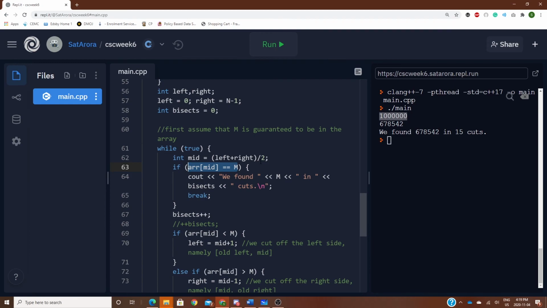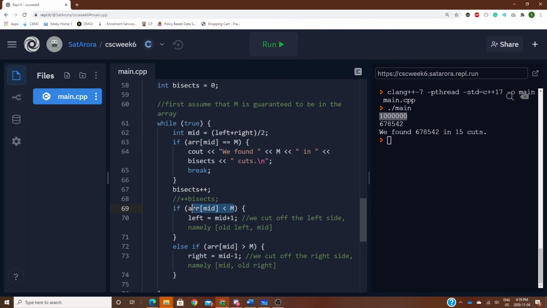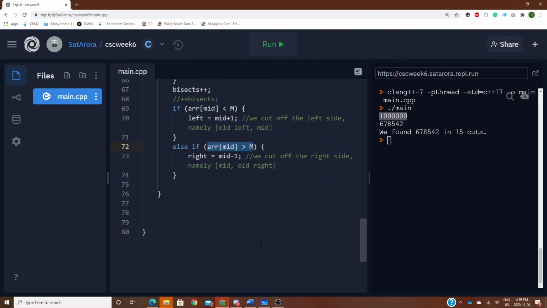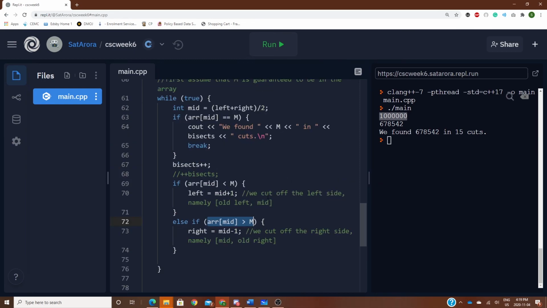And then there are other things you can do, like find the first element that's greater than this value in the array. Then you have to change the code slightly, somewhere over here. I think you do something like if r admit is greater than or equal to m, or something like that. So there are different approaches to different problems, but this is the general idea of what binary search is. It's a very, very beautiful concept, I believe. So yeah, if there are no questions, then I'll go on to